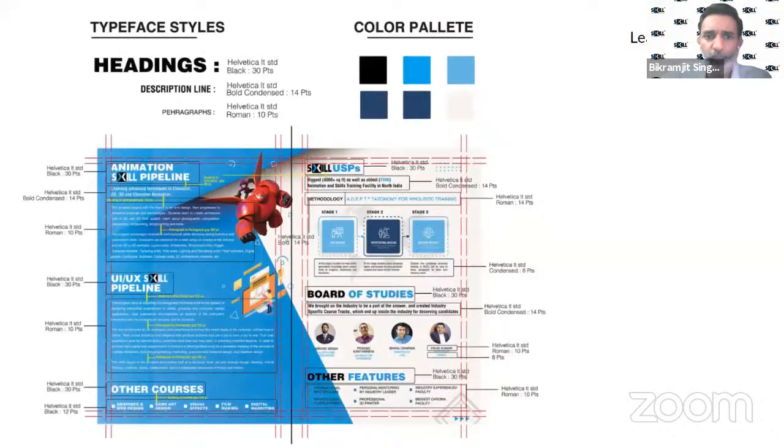Then the leaflet brochure. A proper leaflet brochure, whenever you're designing, should have all these. The choice of the font you have done, as I've already told you in the previous slide, the color palette you're trying to use, and of course, understanding the client or his preferences or the brand and the color psychology.